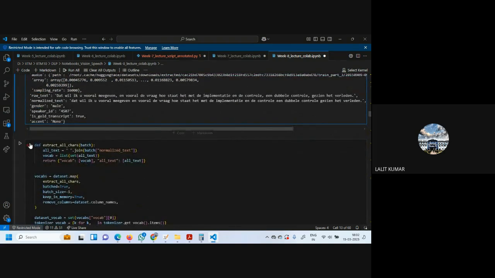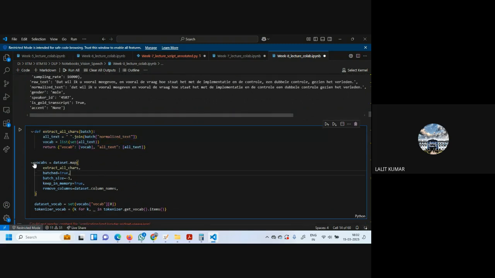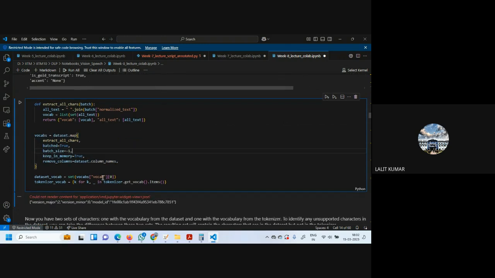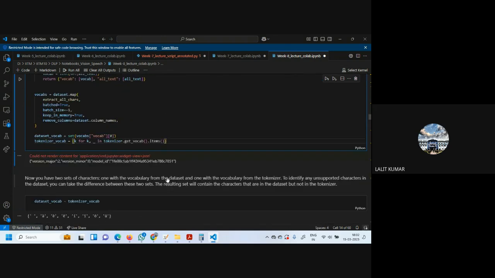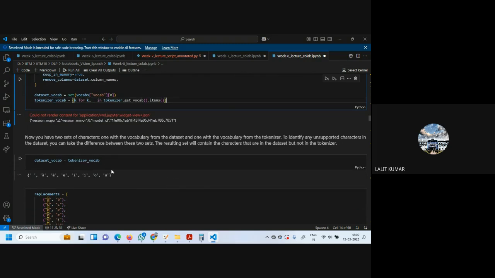Now again, we are doing the same: extract all characters, and then build the vocabs. So after extracting all characters, we build the vocabs. The dataset vocab is the set of vocab which we get, and we build the tokenizer again. So from here we get the tokenizer vocab.